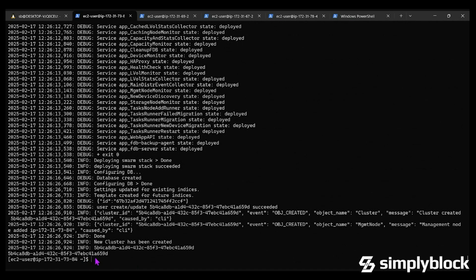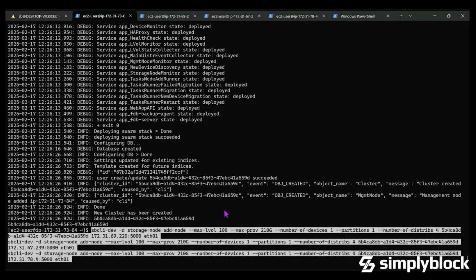Yeah, so here we have a cluster UUID. I need to insert those into the statements. So for each of the storage nodes that we are adding, I have 3 storage nodes here. So basically, I'm telling them how many LVols, what's the max provisioning size, and then some other parameters not so important right now. On the storage nodes, when I bootstrap them from AWS, I have a